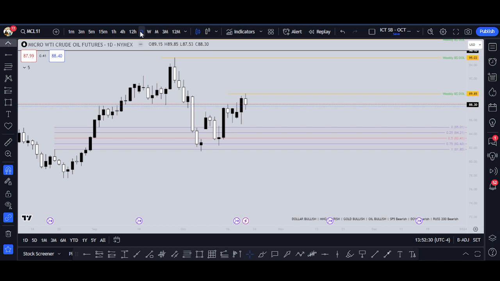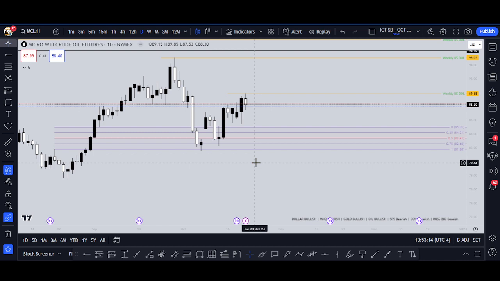Let's take a look here. We rebalanced this daily FVG and pushed up. That was Thursday, which closed above Wednesday's high, giving us a bullish draw on liquidity. Thursday's high was taken out by Friday's candle. However, it closed below the high. So Monday, we can be looking to go bearish before we head bullish for that weekly draw on liquidity.